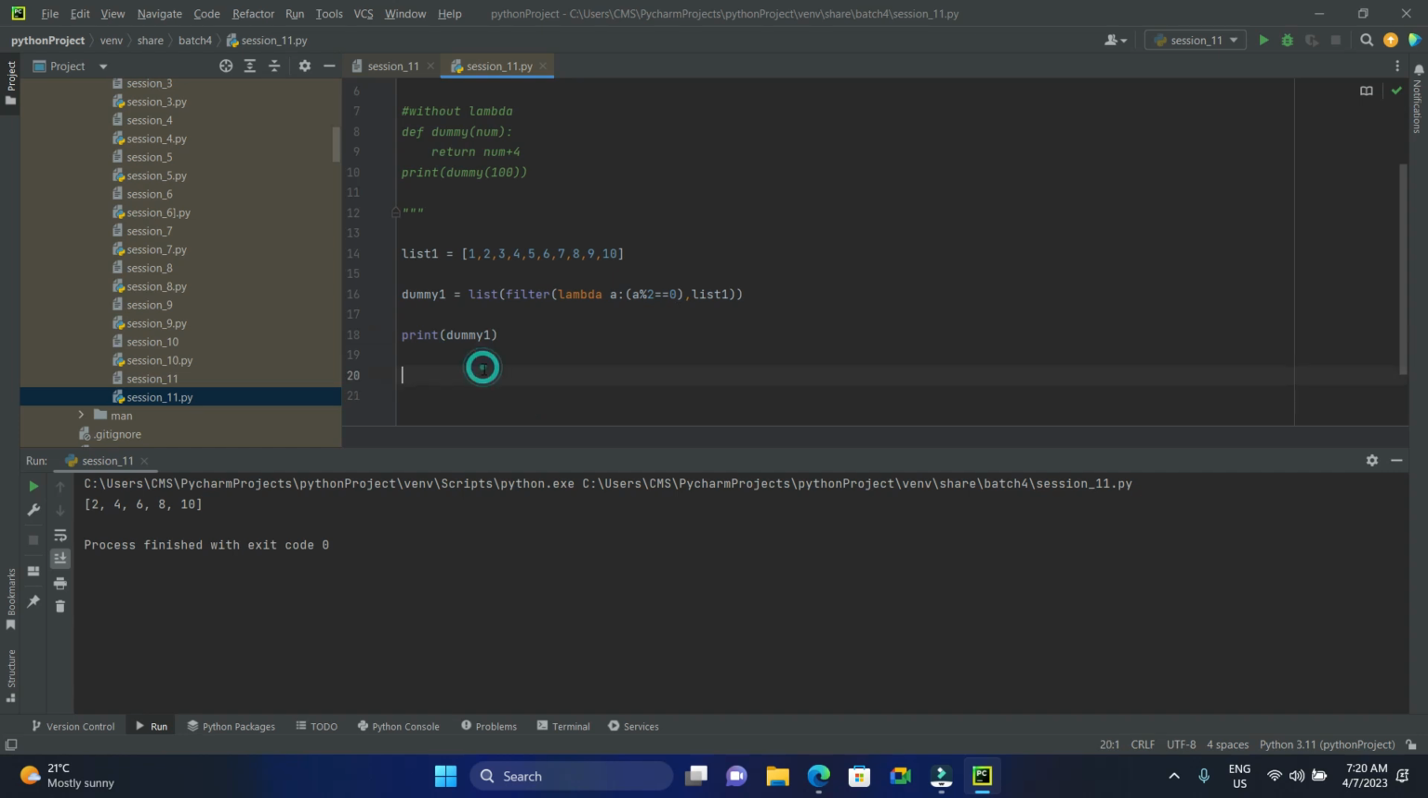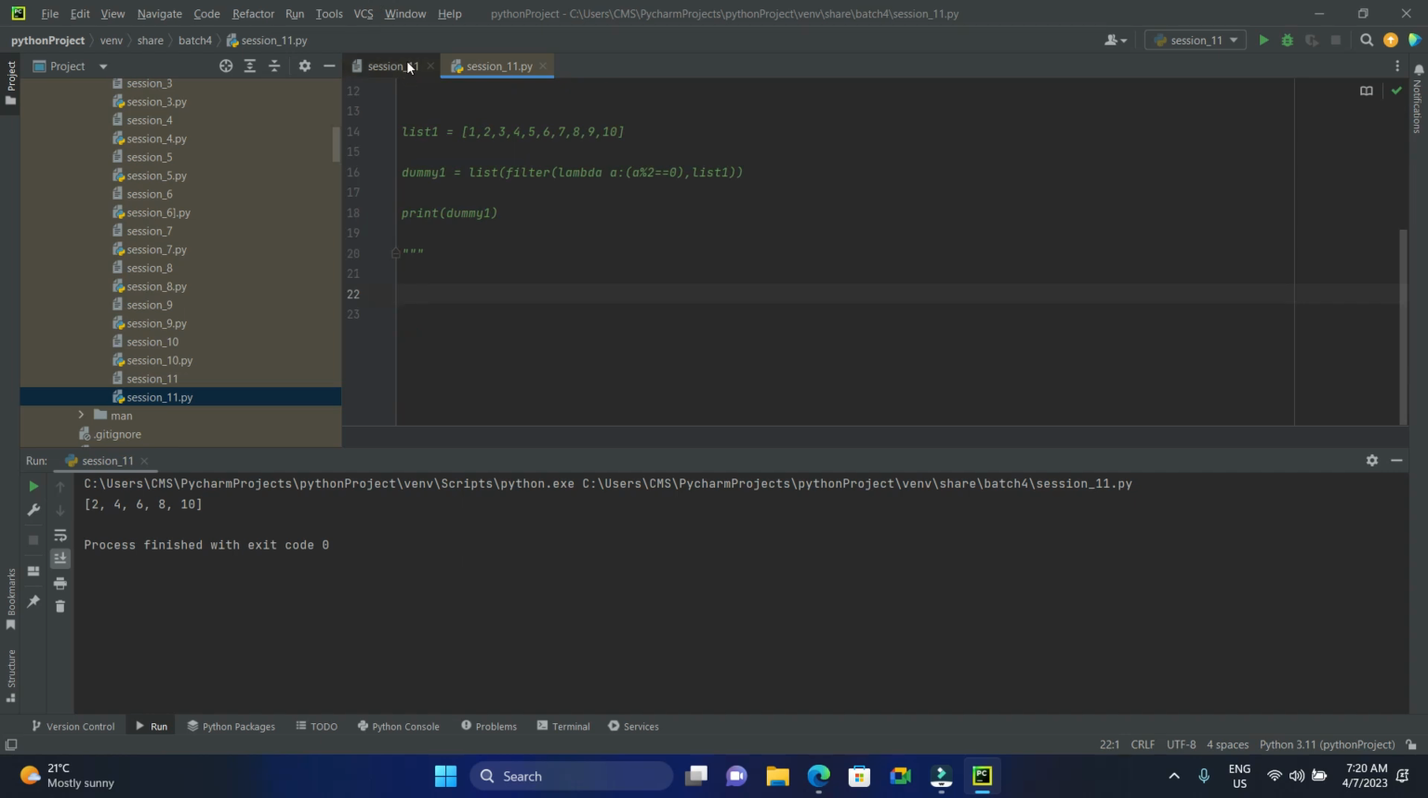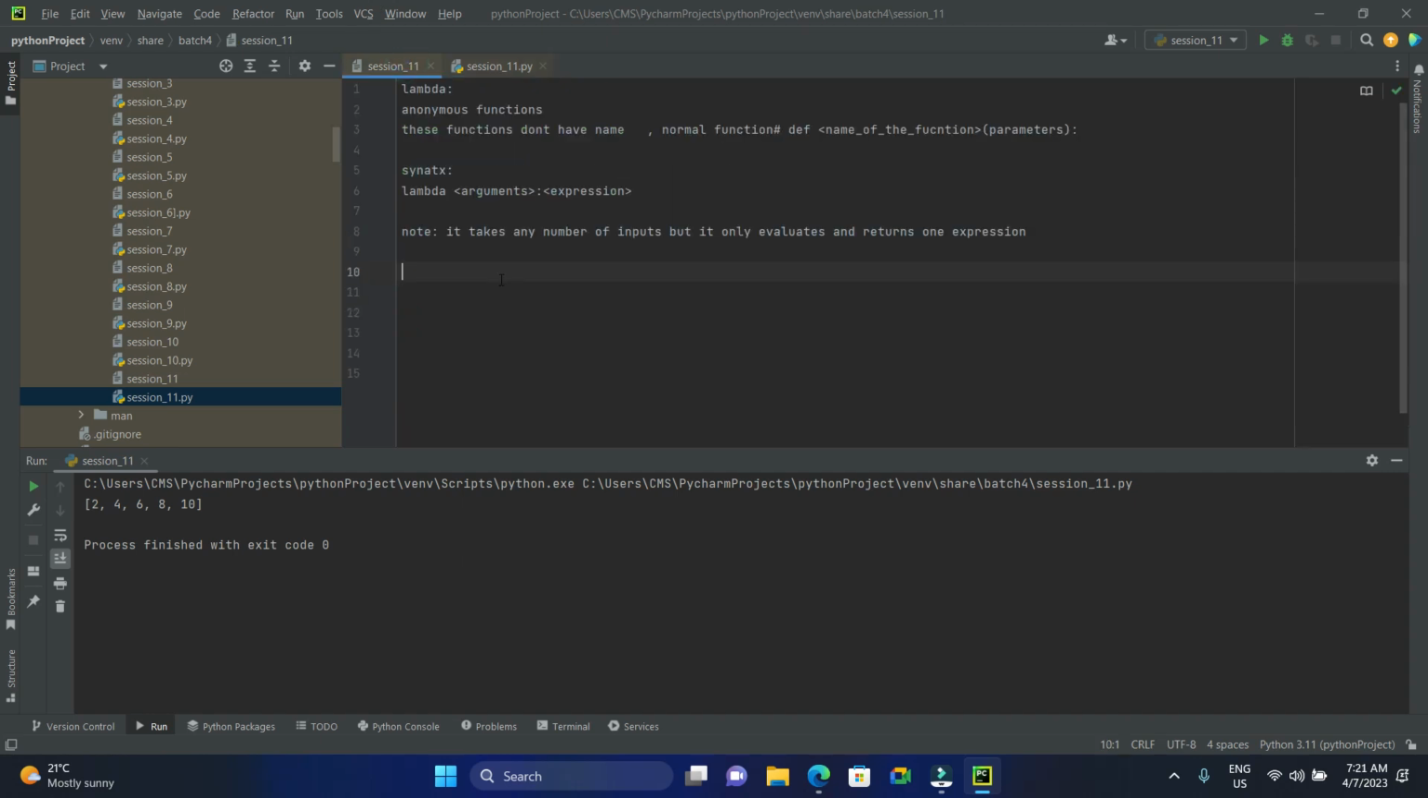Are we clear? Any doubts? Those are the examples for lambda functions, guys. Okay. Next, I guess that's all for today, guys. Because these are the very important